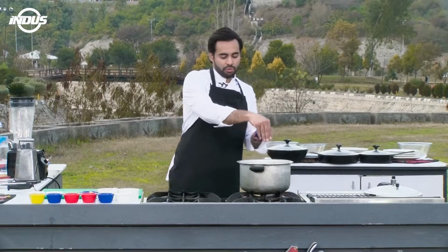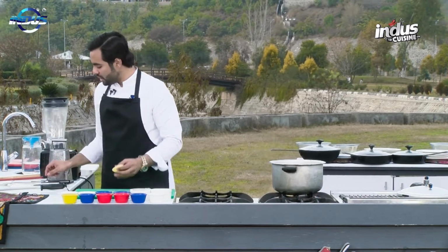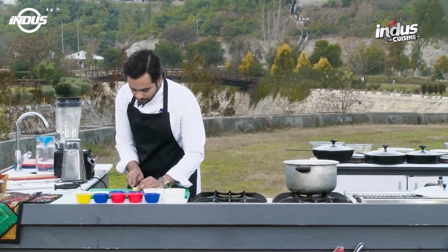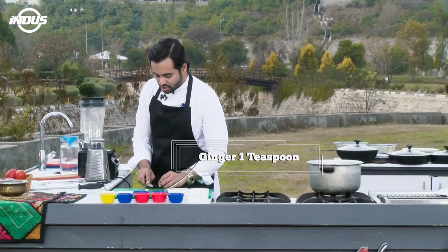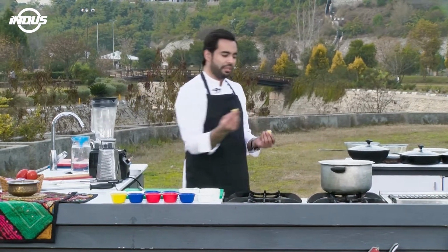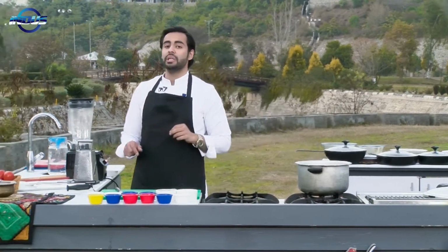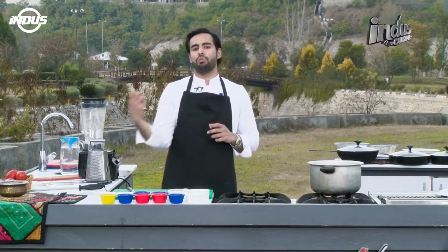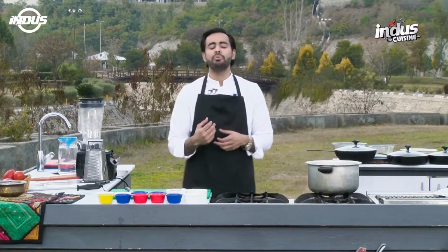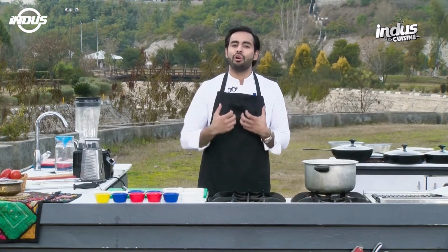So just a 1/4 teaspoon of salt goes in, and then you will take some ginger, not too much, and I shall add it to the pressure cooker. I'll make these thick pieces, 4 pieces, and add them over here to bring out the flavor. Also, this mutton has a very strong aroma. People say we do not like it. If you want to kill down the aroma, what ginger does is it reduces the strong aroma,